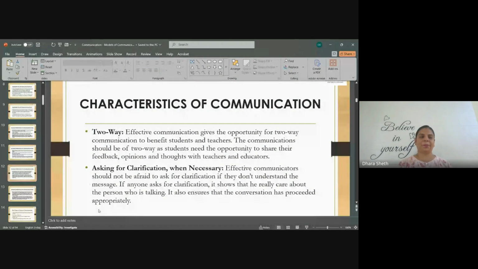Paraphrasing. Paraphrasing is a skill where whatever is said, you repeat that to the other person in short. What is the benefit of paraphrasing? First, it tells the other person that you were listening to them. Second, if you have understood something wrong, it gives the other person the space to correct whatever you have understood wrong. That is called paraphrasing: repeating the same thing in short or using different words.